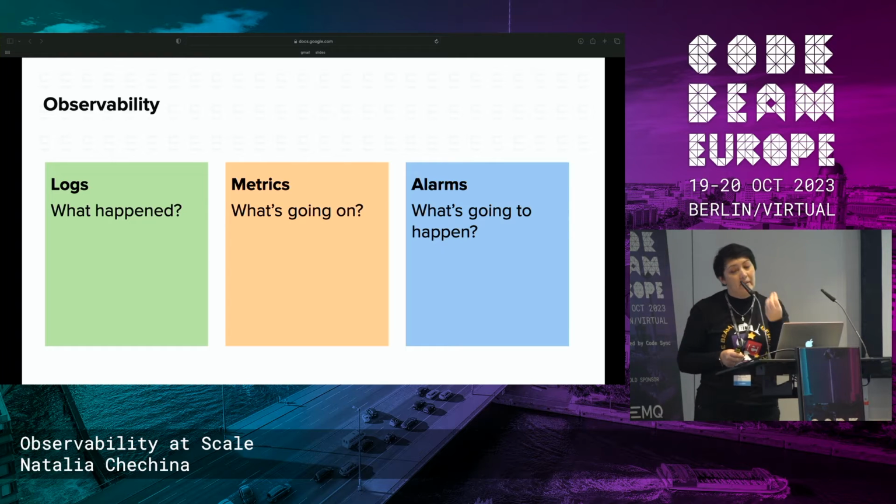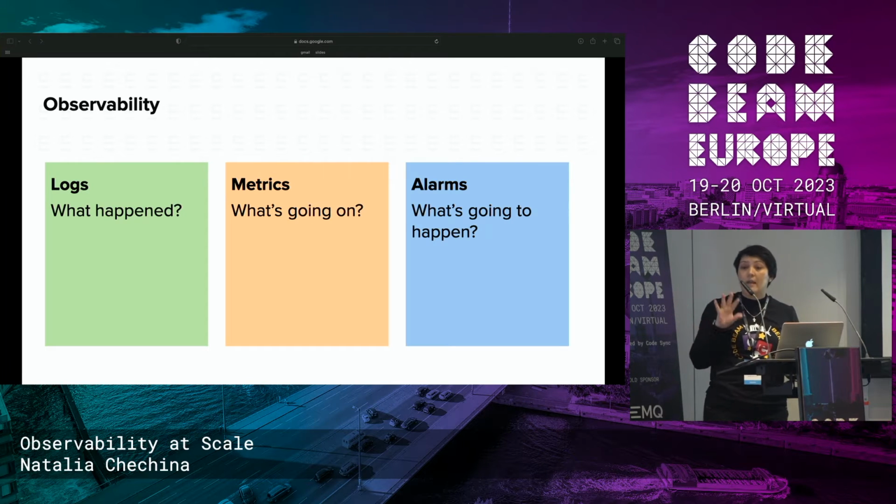Metrics, it's what's happening at the moment. It doesn't mean that you can't look at the trends, right? It doesn't mean that you can't look at the past and see what has happened. But metrics are very much about the present time of your system. And alarms, they're all about the future. They're about telling you what is going to happen, right? You just listen to the alarm. That's where you need to look at it, where you need to take care.